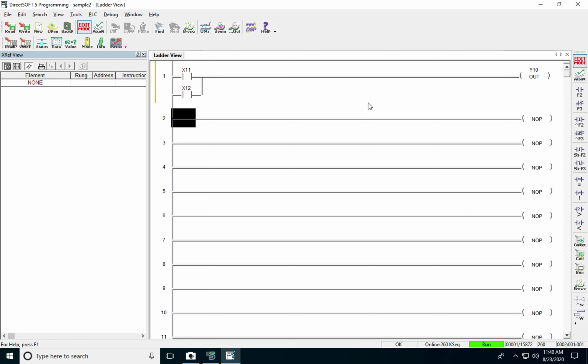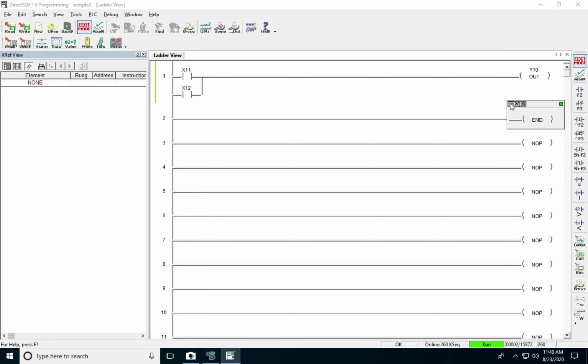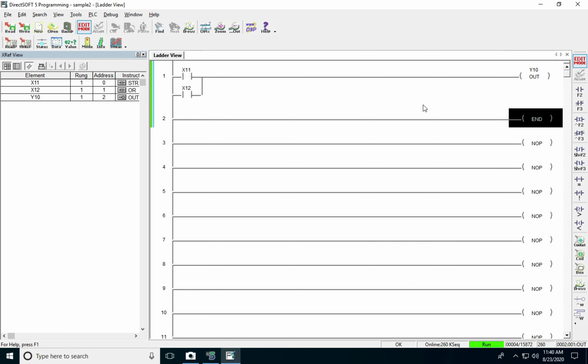Now as for every program, it should end with an END. So you have to click there, type END and click tick tick, or you can press enter twice. So now the program is written. We have to click this accept changes. So I click accept. Now these changes are accepted.